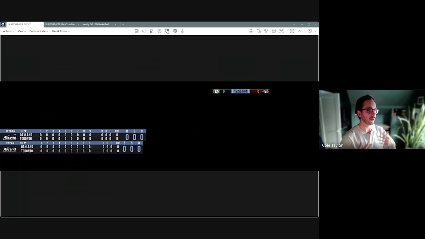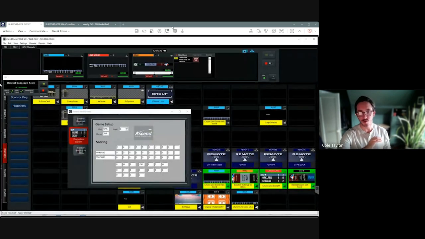That's what I'm talking about in regards to style sheets, where instead of just changing the logo, we're going to change the name of the team. We're going to change the font that it uses. We're going to change the color in the background, all sorts of things. So again, super flexible, and you can get crazy complicated and run your whole show off of something like this,